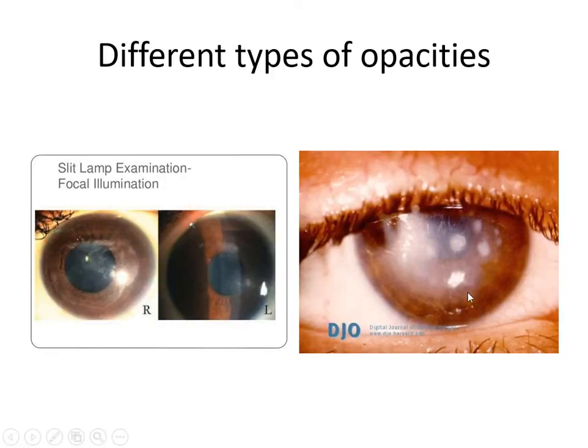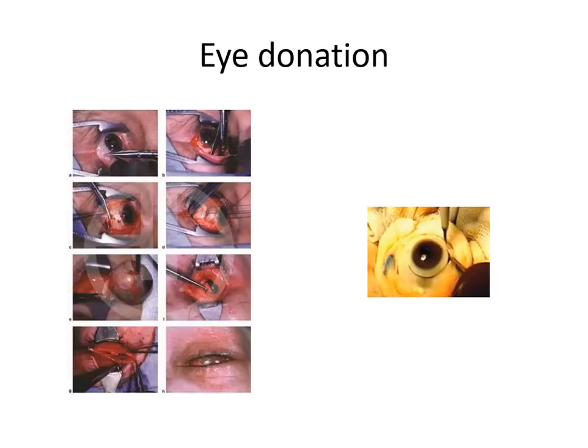The stroma will become ground glass in appearance when aqueous enters into the stroma. Okay. So here the pathology is in the endothelium. So if you just remove the endothelium layer and transplant a new endothelium layer, it is known as DSEK, Descemet stripping endothelial keratoplasty, or DMEK, Descemet membrane endothelial keratoplasty. So if you replace the diseased endothelium with the new endothelium, the bullous keratopathy will go and the patient will again start seeing normally.